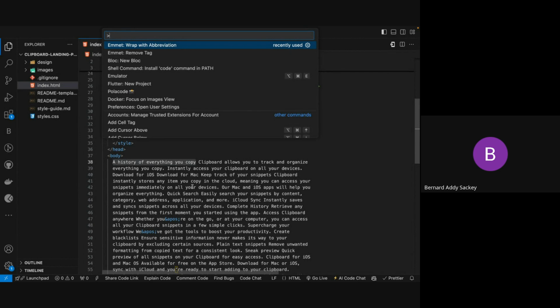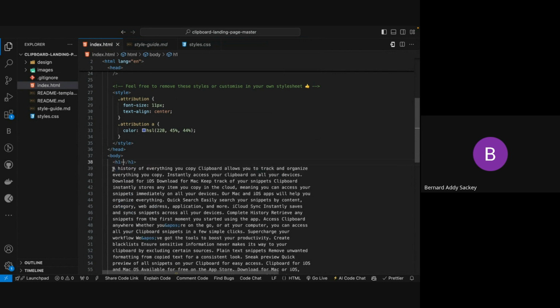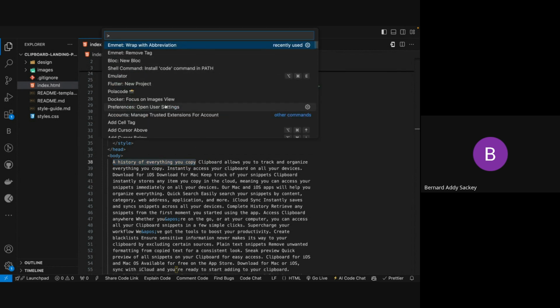So in VS Code, right, there's a pretty cool way to wrap some text around a tag. What you do is you highlight what you want to wrap around the tag. For instance, I want to put this in an H1. Rather than me creating an H1 and copying and pasting, I could do that because this is short, but then I imagine there were more words. I can just select what I want and hold Control, Shift, and P, which will bring up this menu, right? And then from there, I'll choose